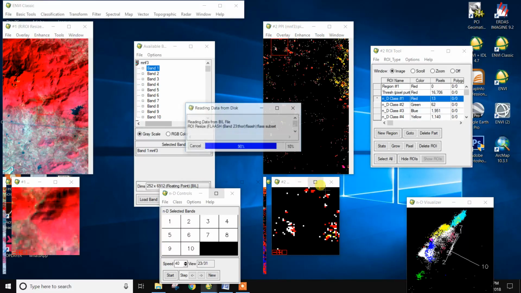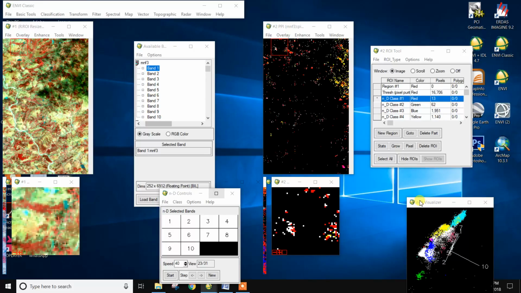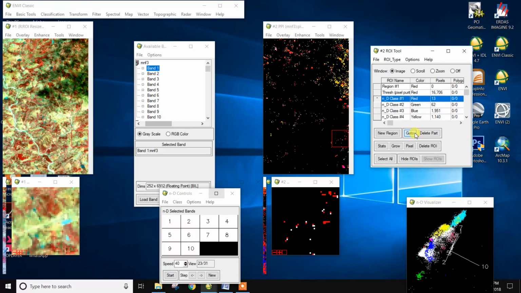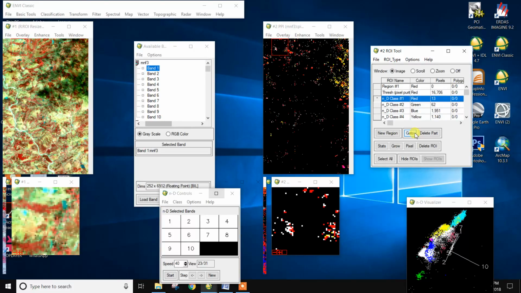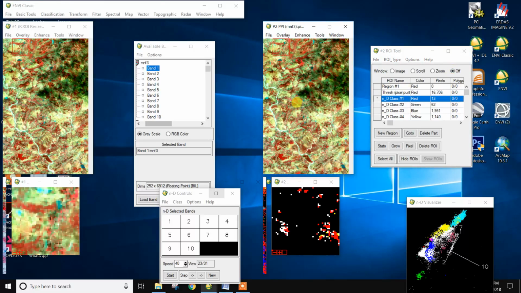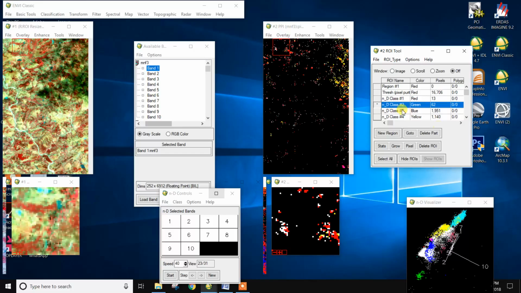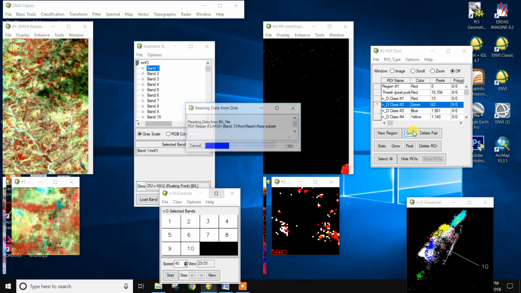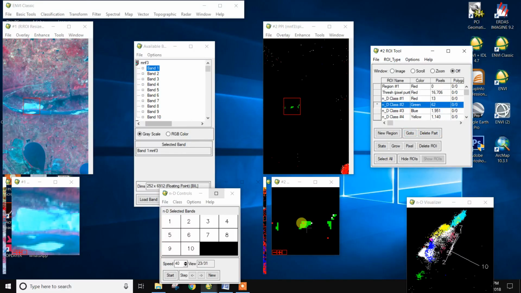Okay, red is the pure pixel. Next is plus 2 and go to green. This is the pure pixel.